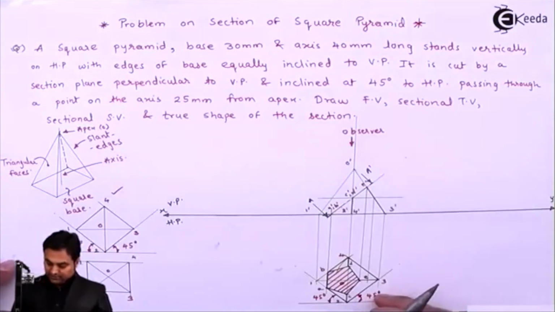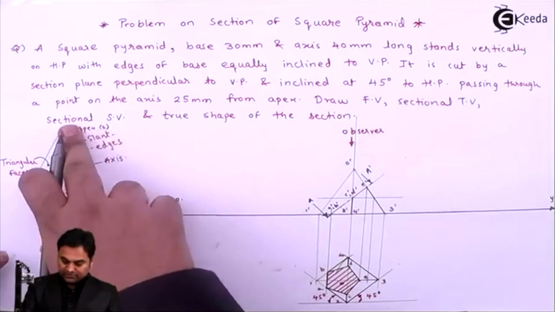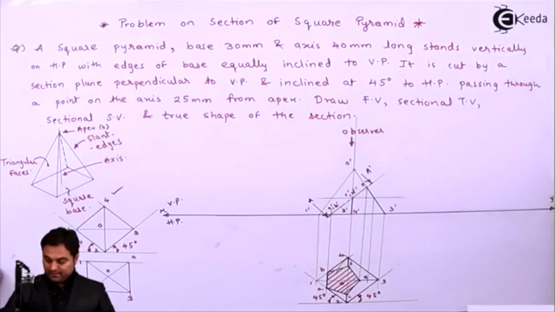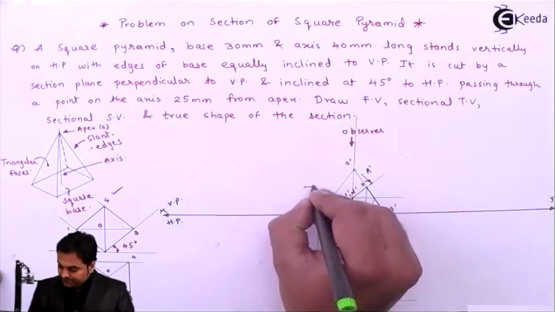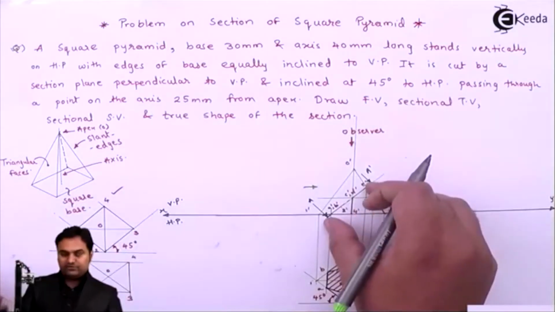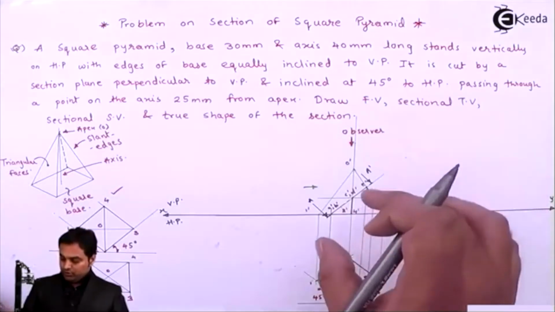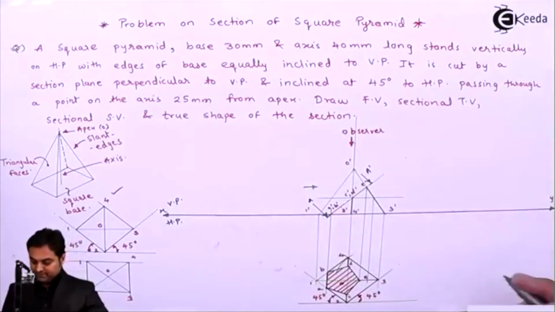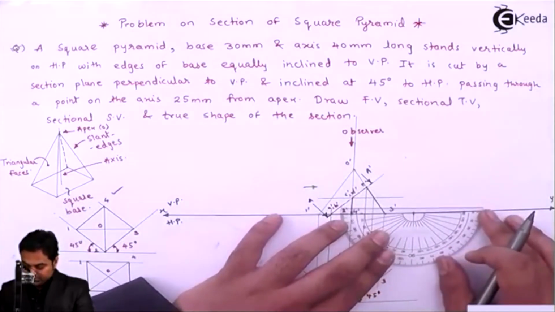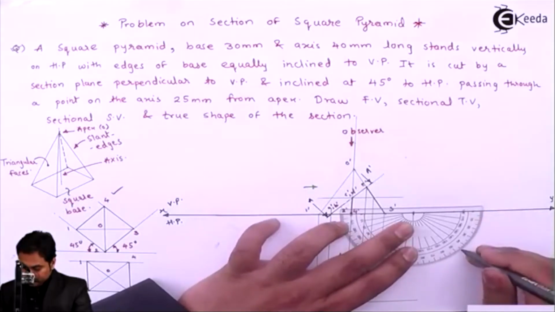Now after getting the sectional top view, I'll project the sectional side view because it is asked in the question, sectional side view. And for that I'll observe it from this side, looking on left hand side, drawing on right hand side, because here is the sectional view which is visible. We won't be taking the right hand side view because here section is not visible. So looking on left, drawing it on right hand side, that is the sectional left hand side view by first angle method of projection. So taking a point, measure an angle equal to 45.